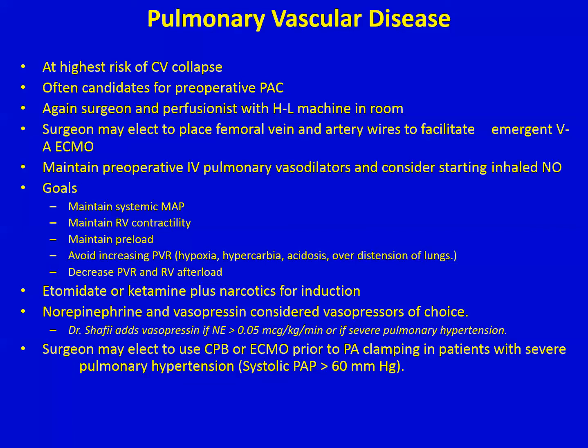I've listed the therapeutic goals, the drugs of choice for induction, and the vasopressors of choice. The surgeon may elect to use cardiopulmonary bypass or ECMO prior to pulmonary artery clamping in these patients